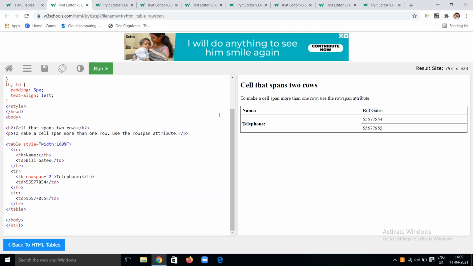So what we are doing means, in the second row I am giving a rowspan of 2 for the telephone. You can see for the 2 rows here, the 2 rows are covered in this single telephone data. Likewise, for one person, you will have many phone numbers.